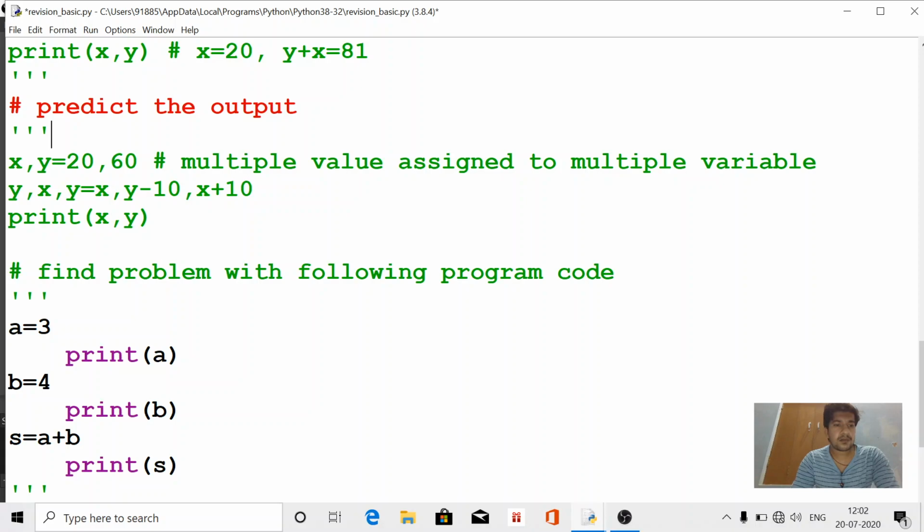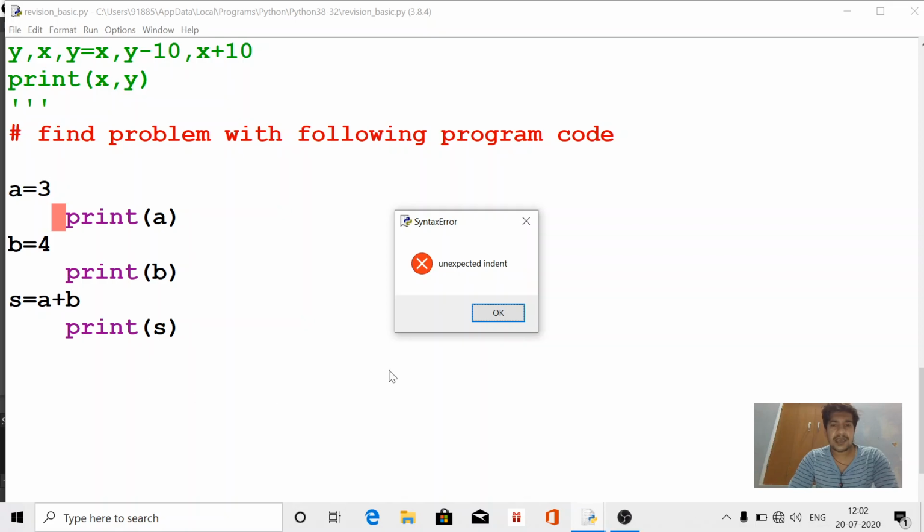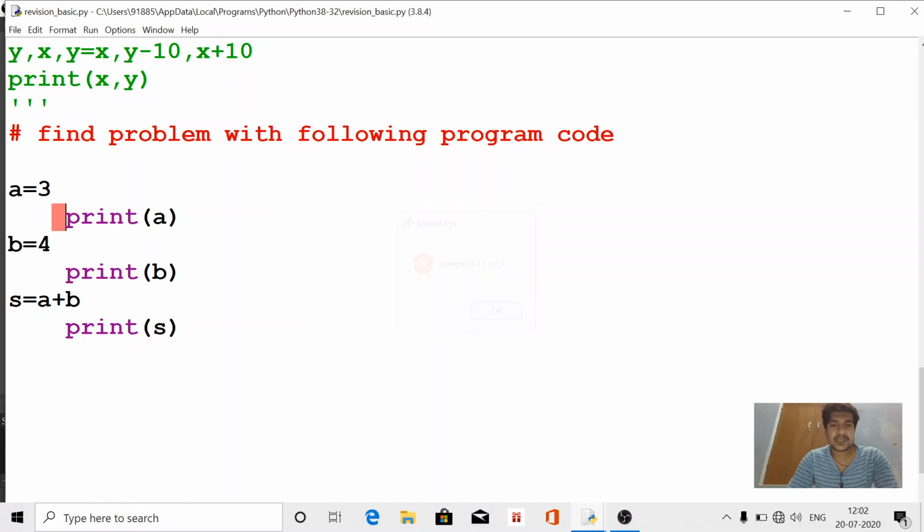Now go to our second program. Find the problem with the following program code. Now see what the problem is with this error code. If you run this program, you can see unexpected indent, syntax error.